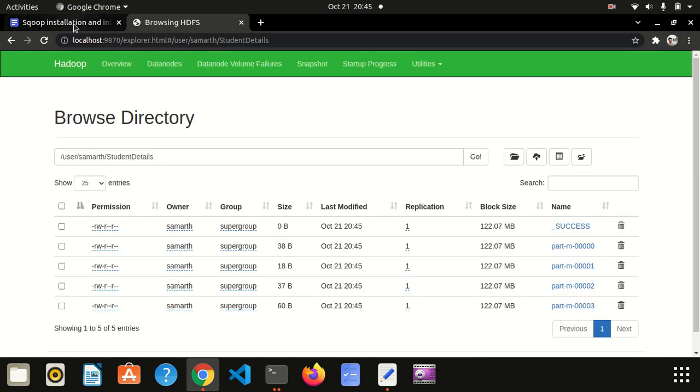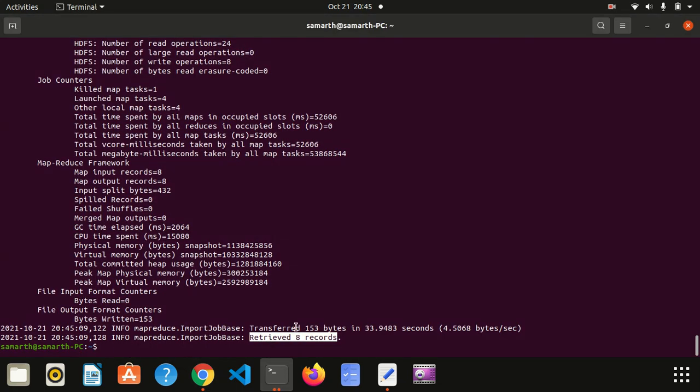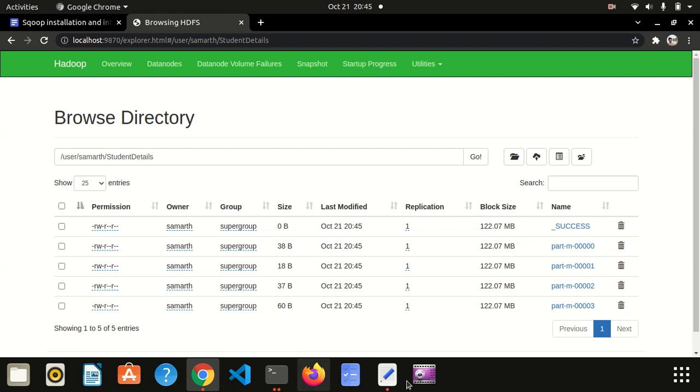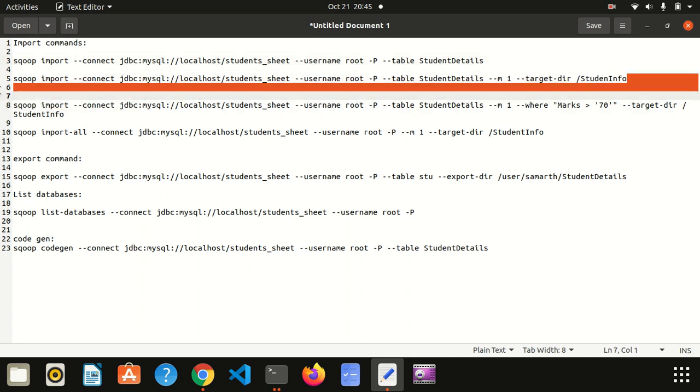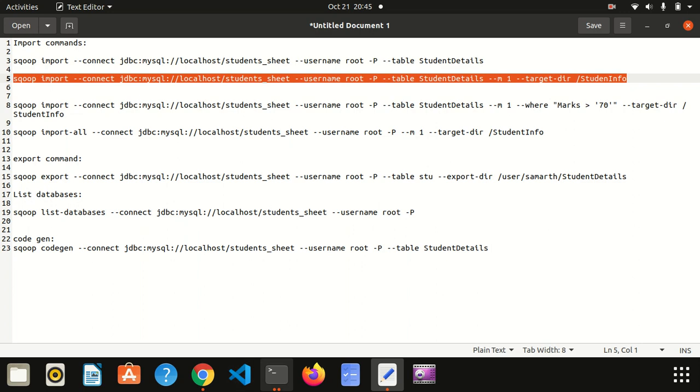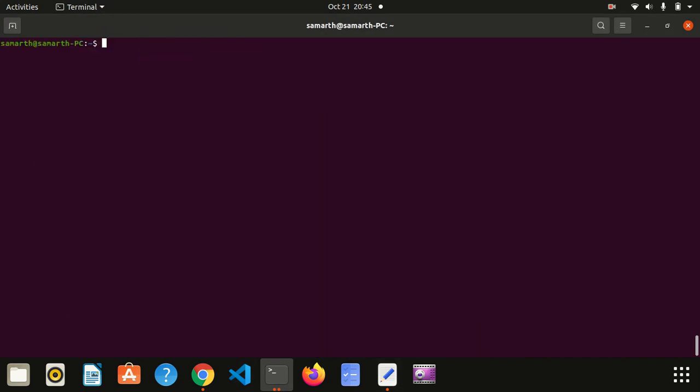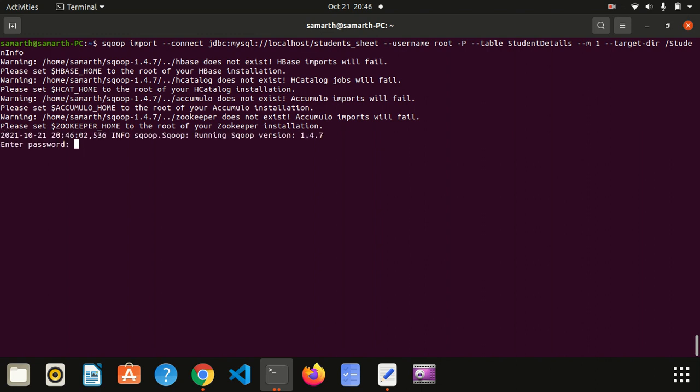In case I want to give a particular mapper count as well as a target directory, I can use this command. Here I'm just creating one part, and my target directory is student info. I'll execute this command. I'm going to clear my screen. You can also directly input your password here with the password option and write your password.